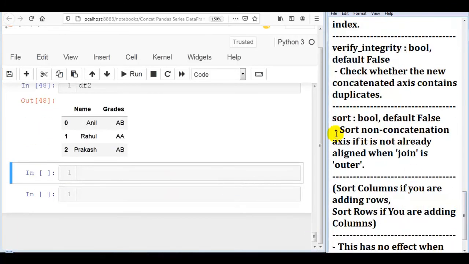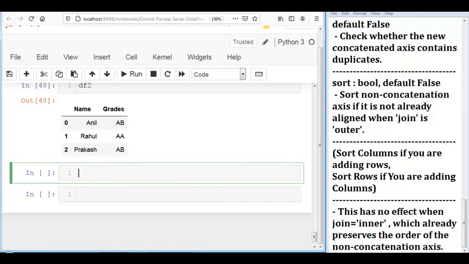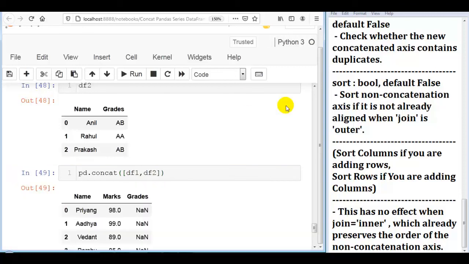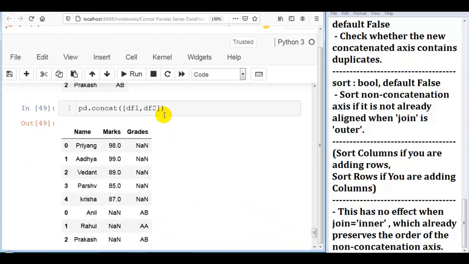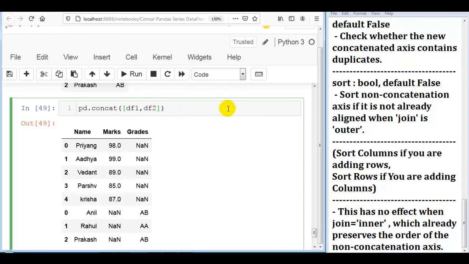So now the sort parameter can take a boolean value. By default the value is false. So now let me show you this practically. So pd.concat, let me concat df1 and df2 that you can see over here. Both are concatenated vertically, row wise, because by default axis is equal to 0.